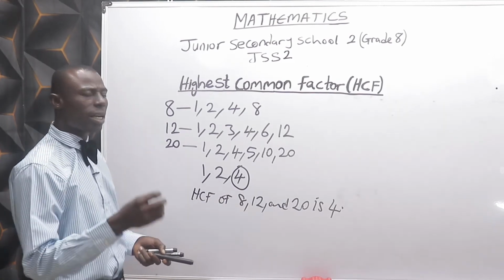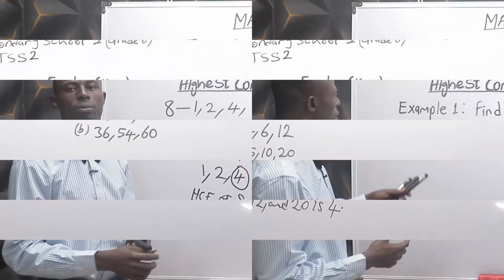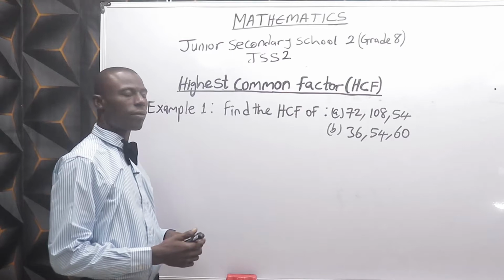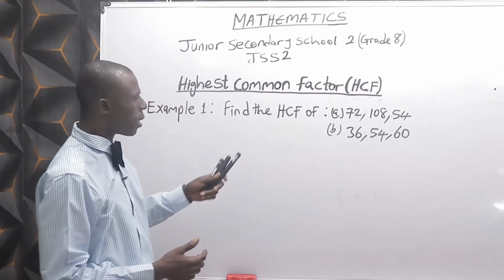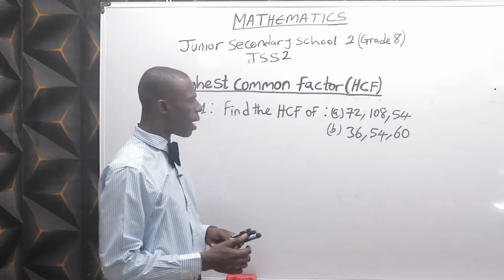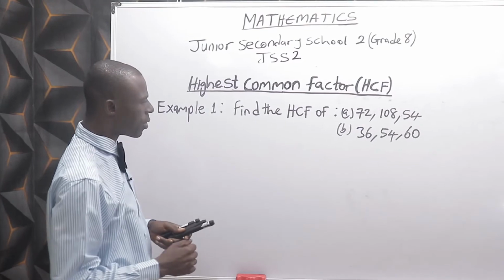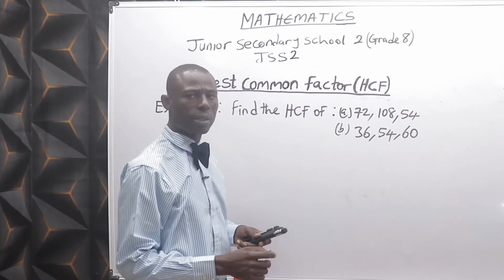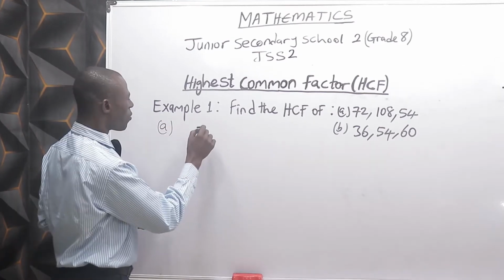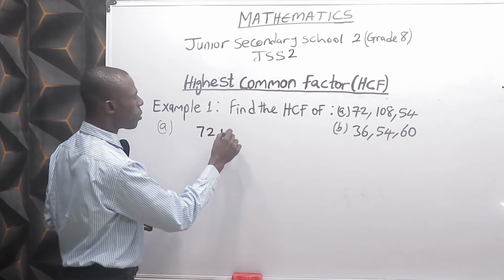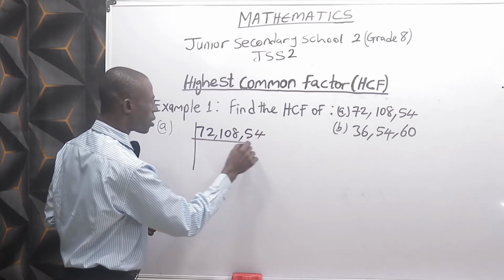Let's consider a very good example of HCF. Example 1 under HCF, highest common factor. Find the HCF of A: 72, 108 and 54, B: 36, 54 and 60. Question A: 72, 108, 54. Using the long division method,